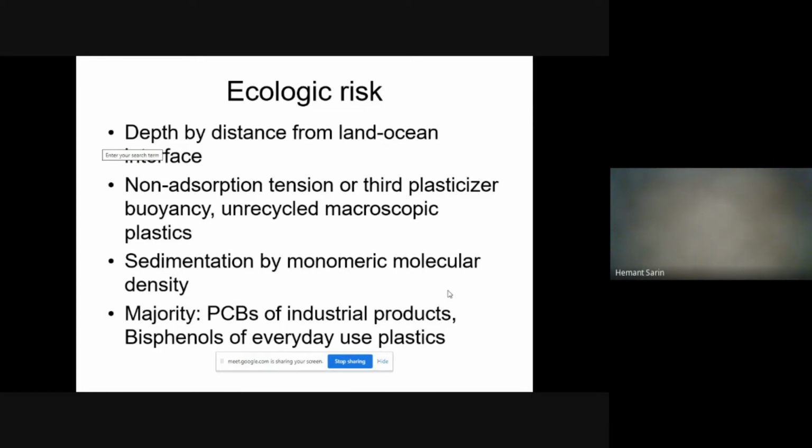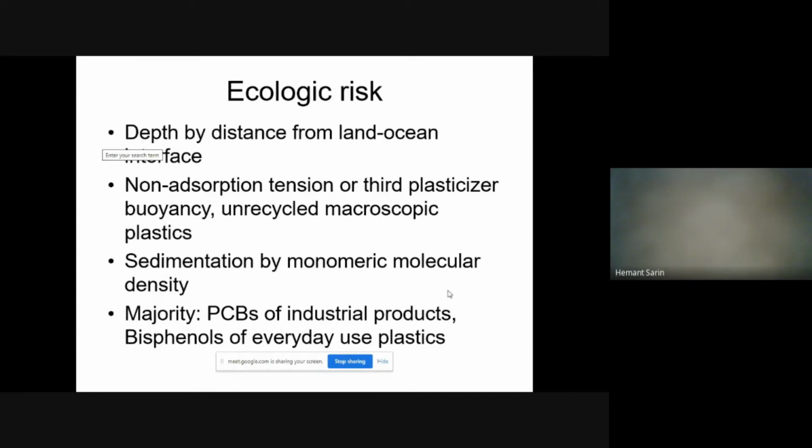There's sedimentation of the more dense molecules. These are mainly halogen-substituted molecules with heavier atoms, and the majority of sources are PCBs